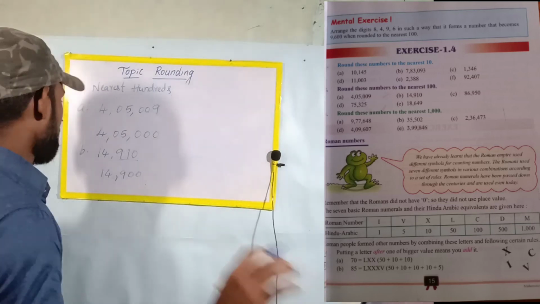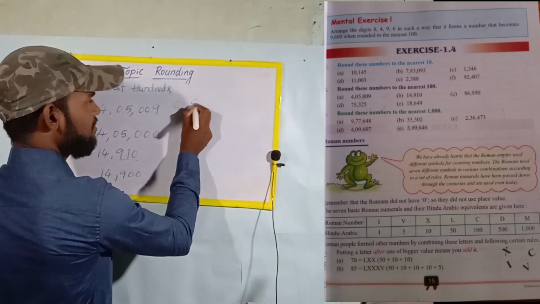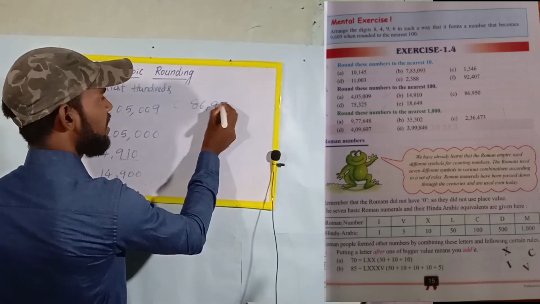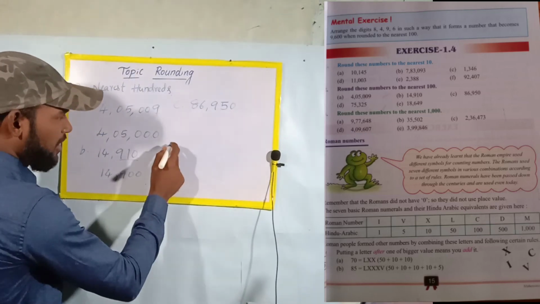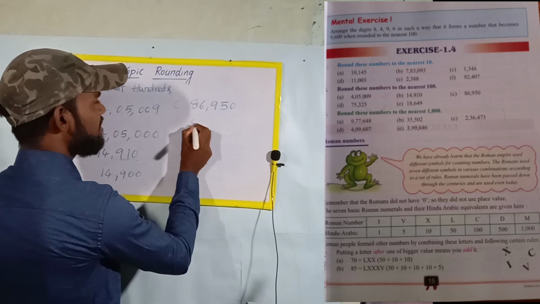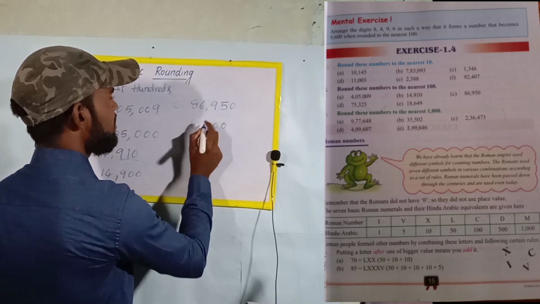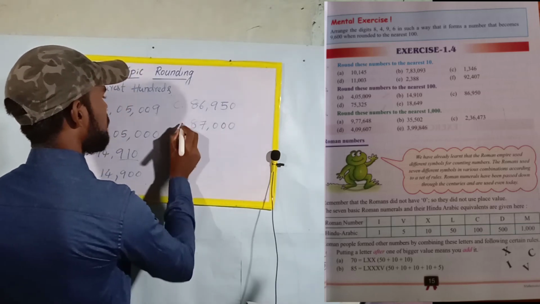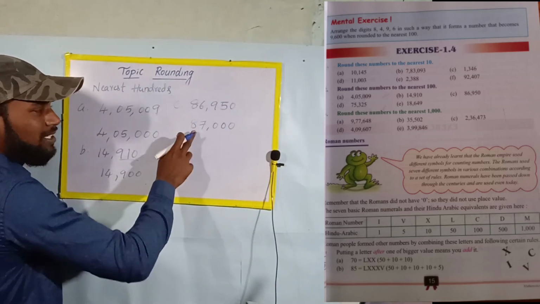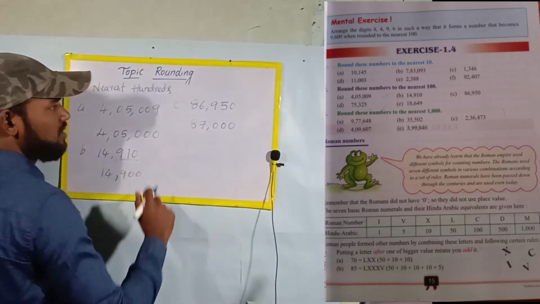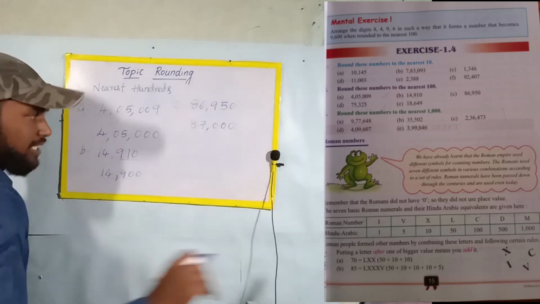So next one, C bit. What is the C bit given? 86,950. So now see here, same ball. Here 950 is there. It will move towards 1000. So the answer is 86,000. Sorry, 86, not 87,000. Okay, clear everyone? If you add 86,000 plus 1,000, how much? How many thousands? 87,000. Yes or no? Yes. So 87,000 is our answer. Next one.